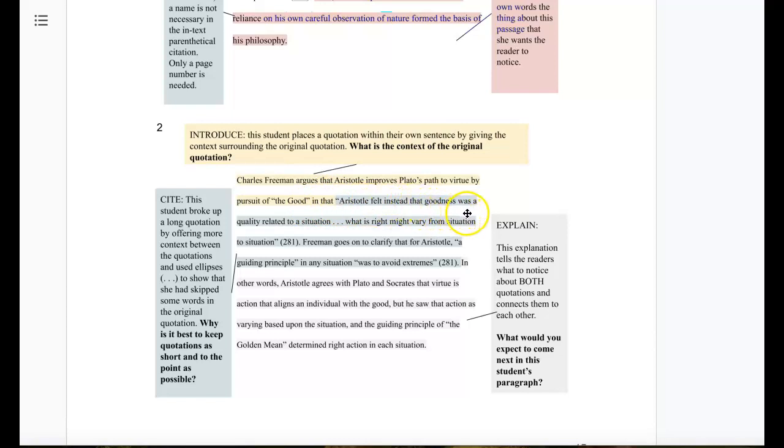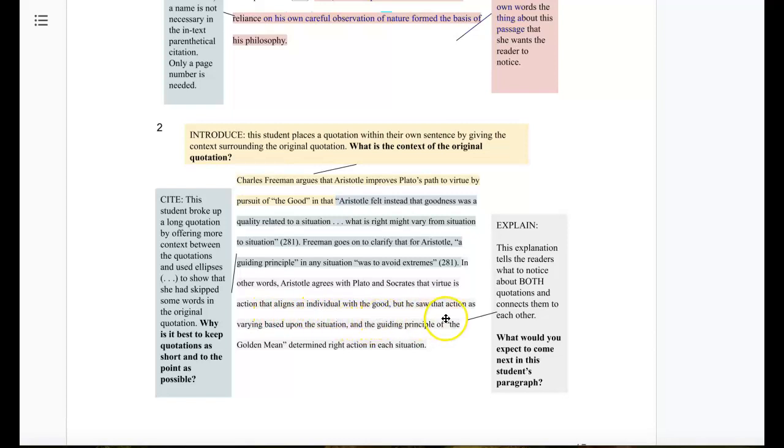Aristotle felt instead that goodness was a quality related to a situation. What is right might vary from situation to situation, end quotation, and in parentheses just the page number. Freeman goes on to clarify that for Aristotle, comma, quotation, a guiding principle in any situation, quote, was to avoid extremes, quote. In other words, Aristotle agrees with Plato and Socrates that virtue is an action that aligns an individual